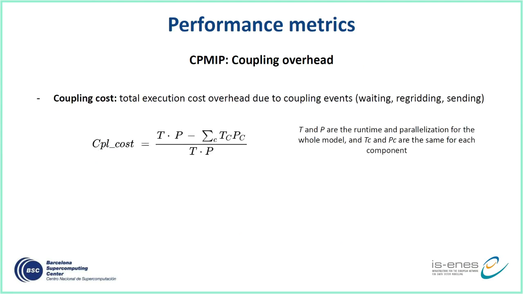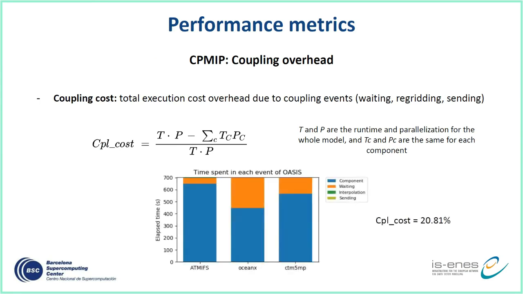And then to know what is the total execution cost overhead due to the coupling events, we have the coupling cost. This includes the waiting, the reading, and also the sending of the data. And this is a nice overall metric to know how much we are losing due to coupling, but it doesn't tell us what is the bottleneck. So maybe it seems like it can be NEMO in this case, because it's the component that is waiting more time, but